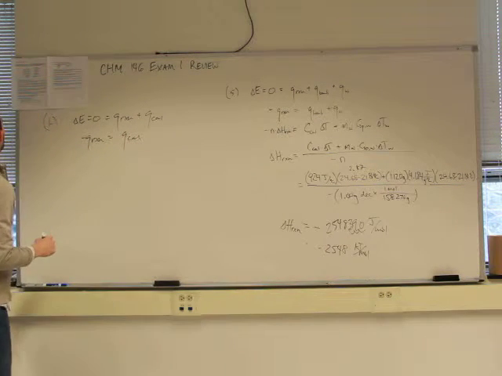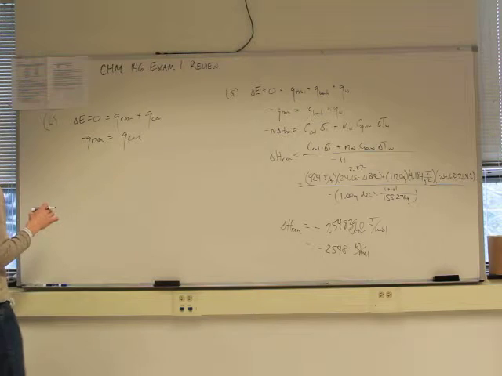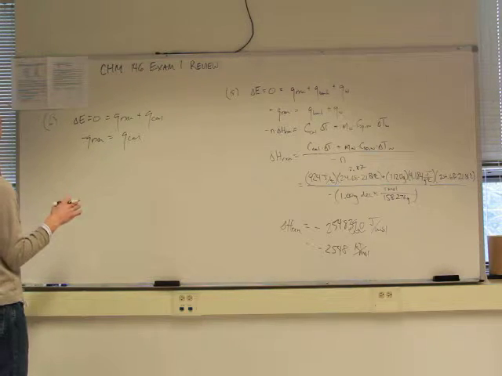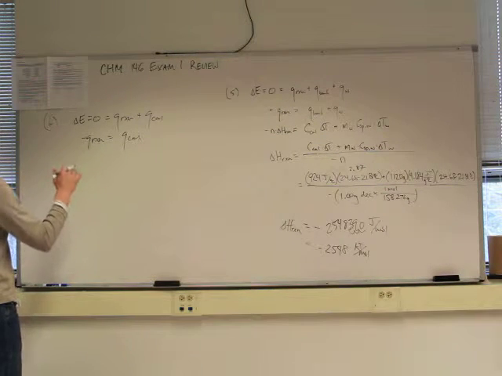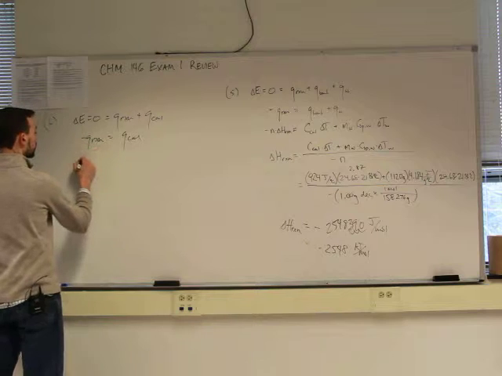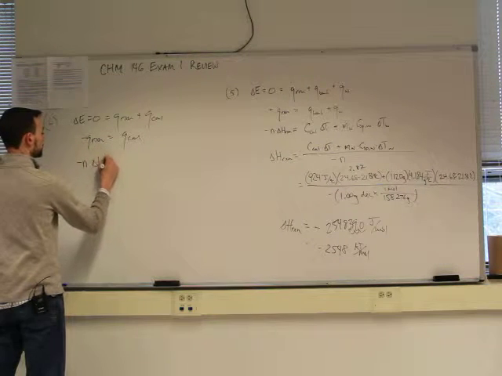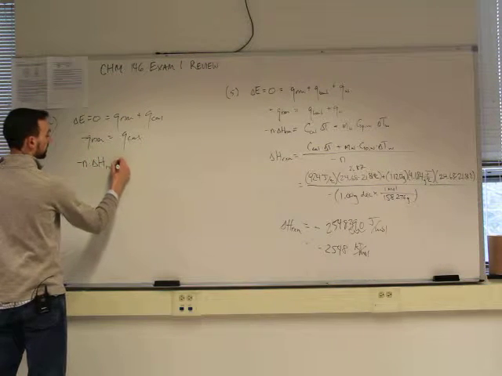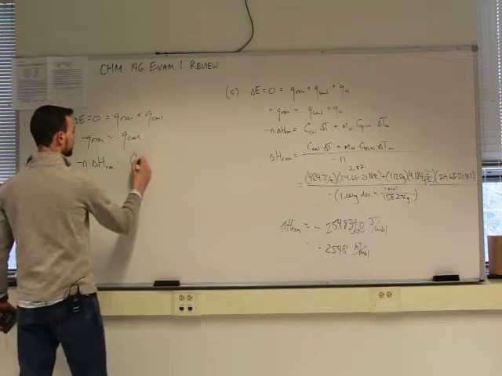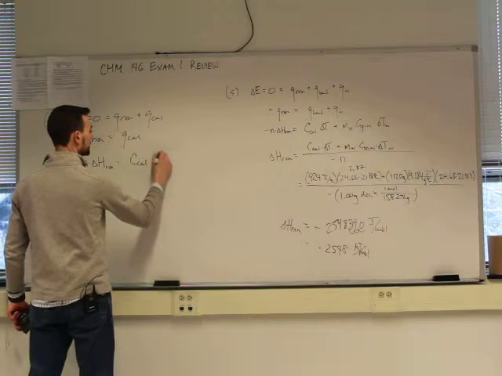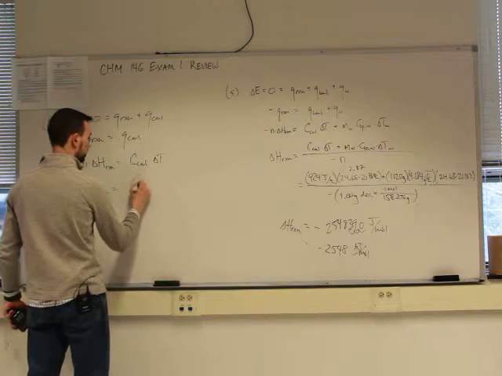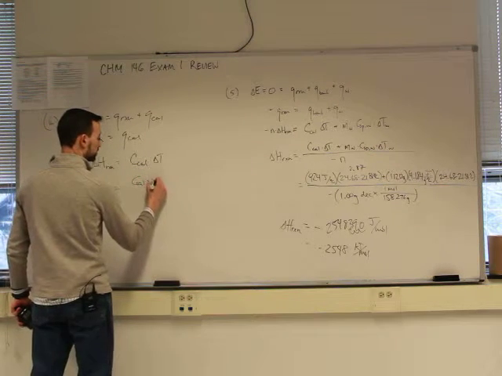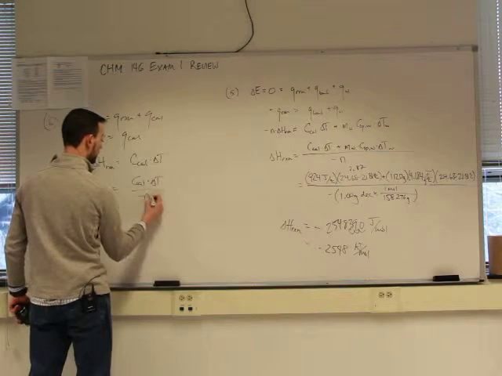Now let's look at our details here. We've got a 1.435 gram sample of naphthalene. We've got the temperature change. We've got the heat capacity of the bomb. Again, determine the heat of combustion. So this is going to be N times delta H of this reaction. And on this side, it's just going to be C of the calorimeter times the delta T. So the enthalpy of reaction is going to be C calorimeter times its delta T divided by the negative of